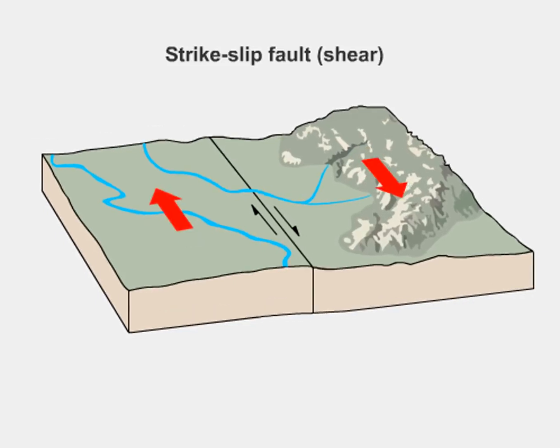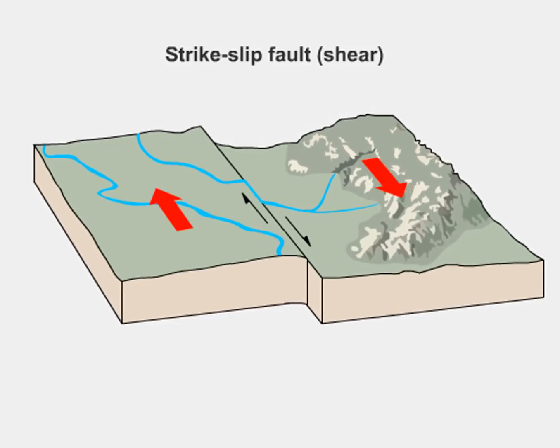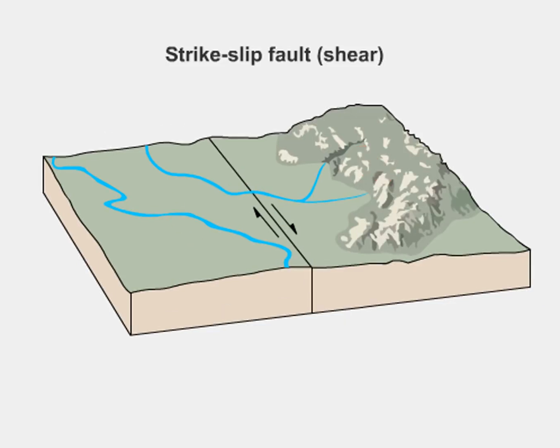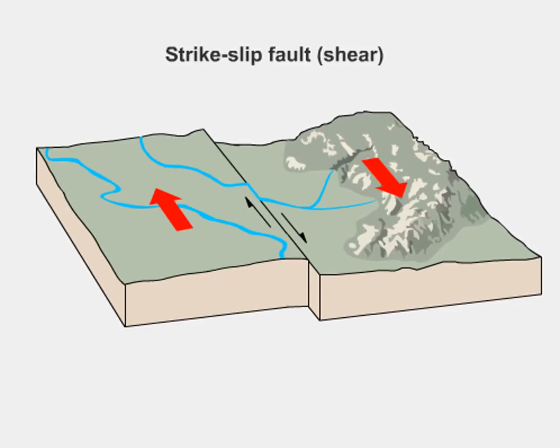Select Figure 3 to see a diagram illustrating common landforms that develop from strike-slip faulting. Select Figure 4 to see a photograph showing displacement along a strike-slip fault. After reviewing